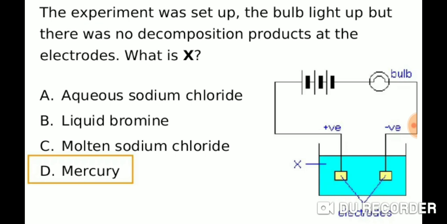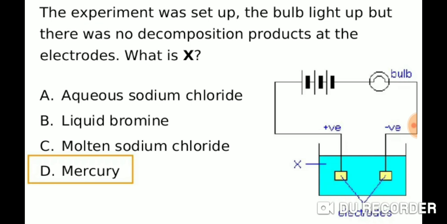Now let's see another question. The experiment was set up. The bulb lights up, but there was no decomposition product at the electrode. What is X? We have to find what electrolyte X is. A, aqueous sodium chloride; B, liquid bromine; C, molten sodium chloride; and D, mercury. The right option is D,